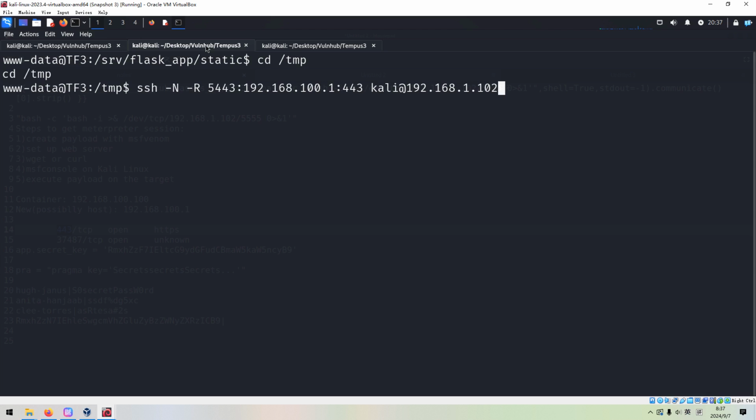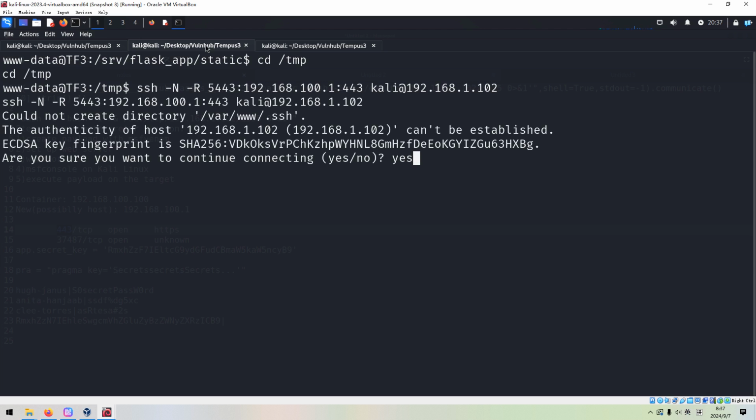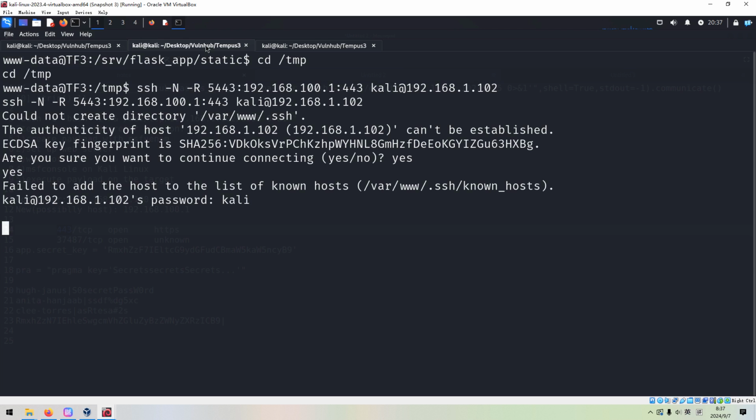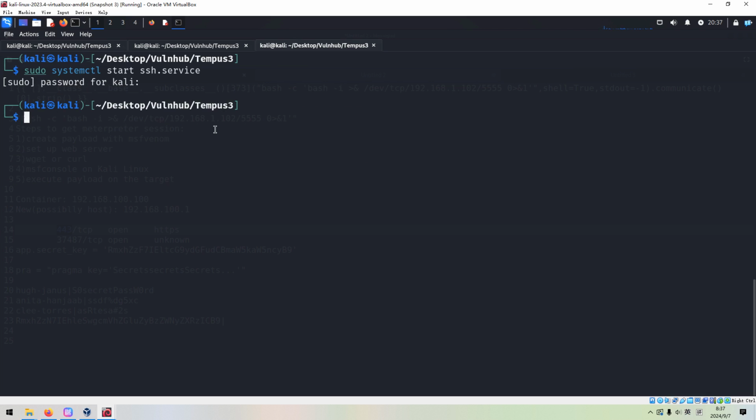Now we can press enter. Okay, so I think we have already set up the tunnel or port forwarding for this. I mean, I think this should be the host. So next, we can access this service.